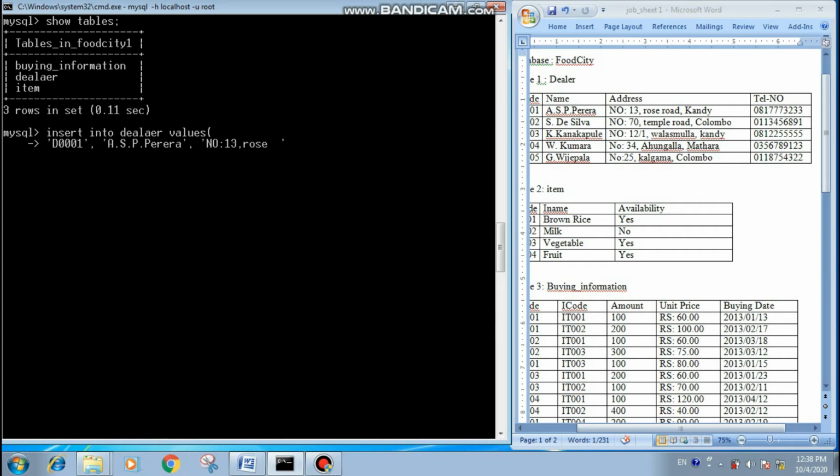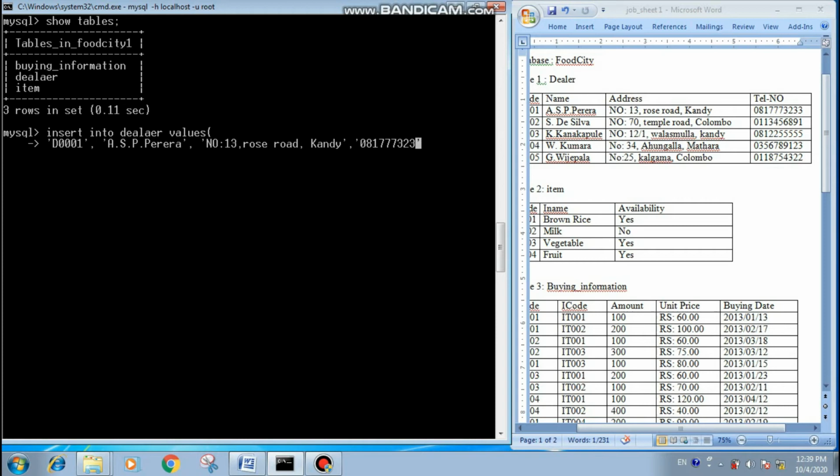Likewise we can give all data according to its order. From here remember that we need to use a comma to separate each field, and data must follow the table structure order.